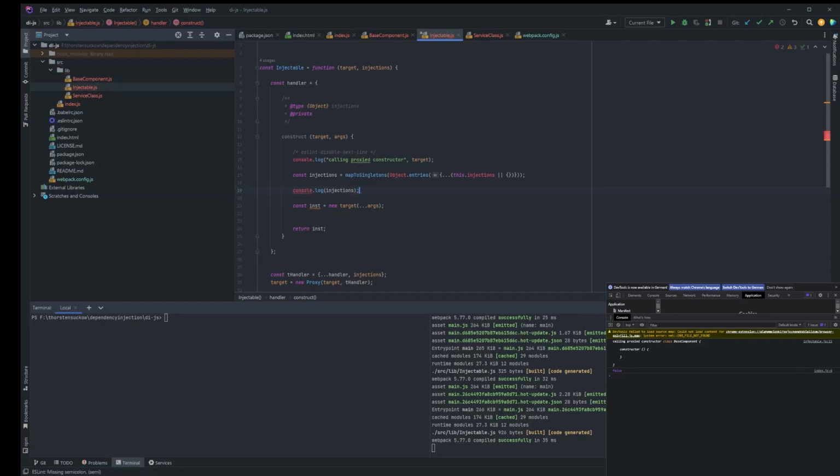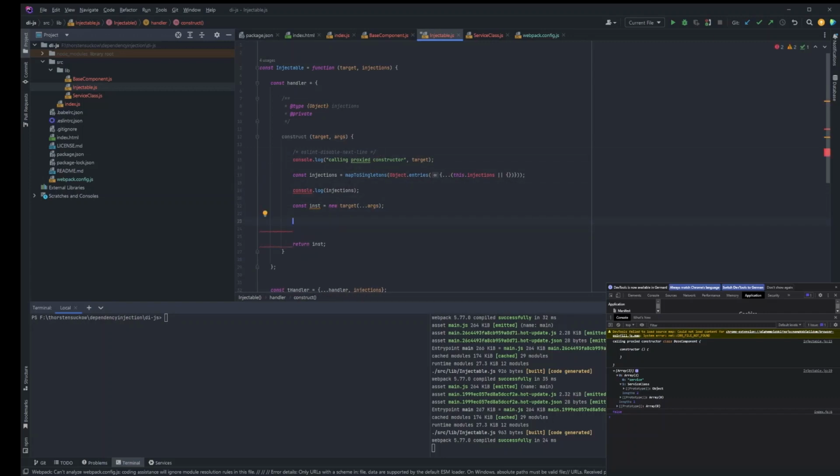It says the following. It's an array with one entry, and we see that for the property service, the service class is available, and we can now apply this property or this instance to the property from the mappings entries